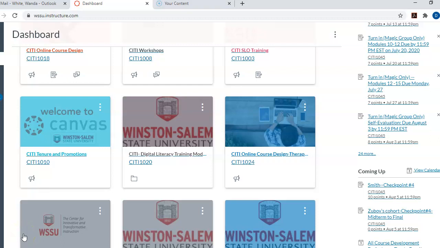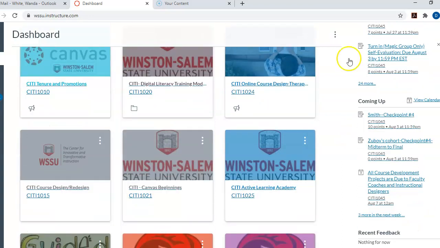This presentation will show how to upload a Canvas course into Canvas Commons. I will give you step-by-step ways to upload your course for sharing with your colleagues, your program, your department, or your university. The first thing you need to do is to select the course that you plan to share into